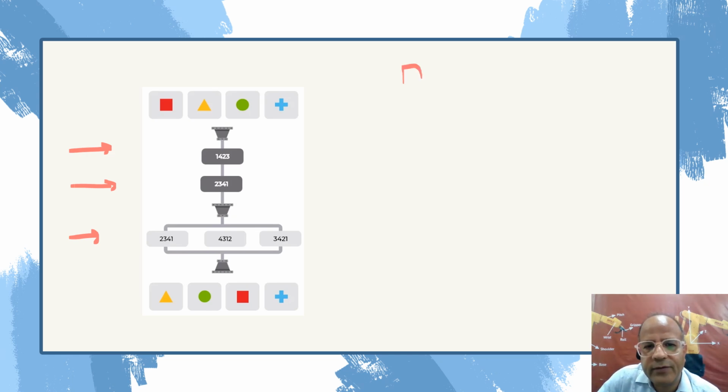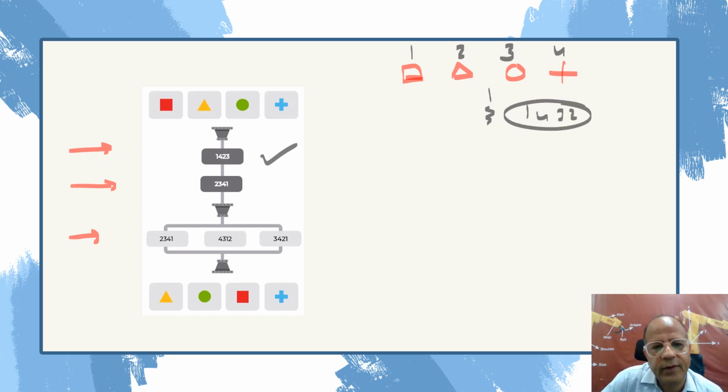This is where I start with the square, a triangle, a circle, and a plus sign. And I will number them. Please don't forget numbering them. Once you're done with this, you see the first switch is 1 4 2 3. This is the one. 1 4 2 3 would mean some kind of switching is done, and because of this 1 4 2 3,